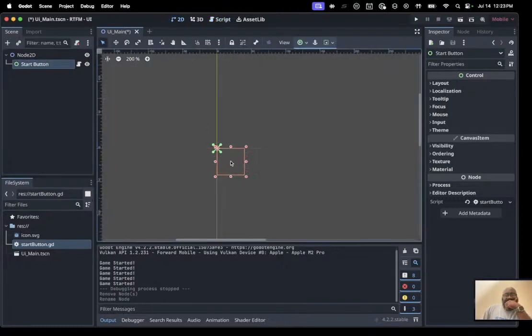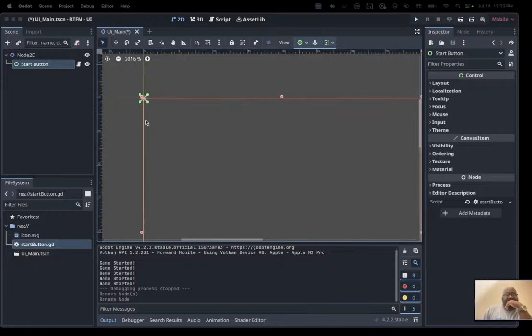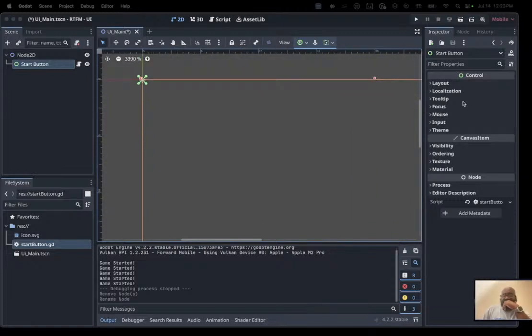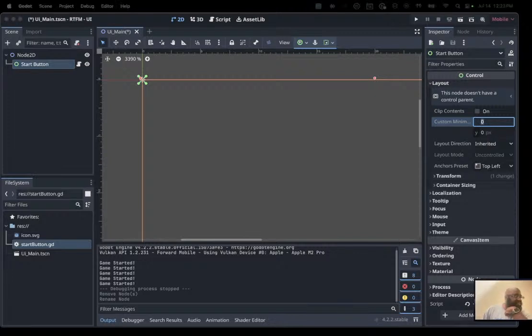The question is how do you now make that node actually appear in the game, because at this point it's just appearing right where the node is, but the node only has a position of, let's see, this node doesn't have a control parent. So it looks like I need to find out more about,